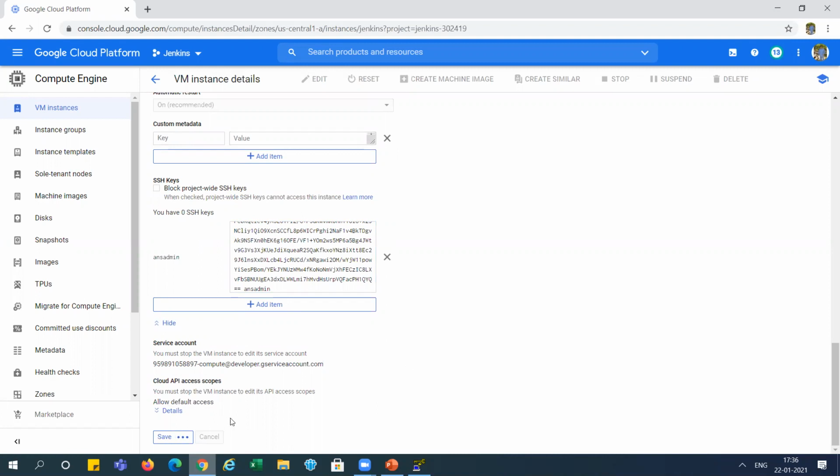It will take a few seconds for saving it. I will repeat the same process for all 3 instances.